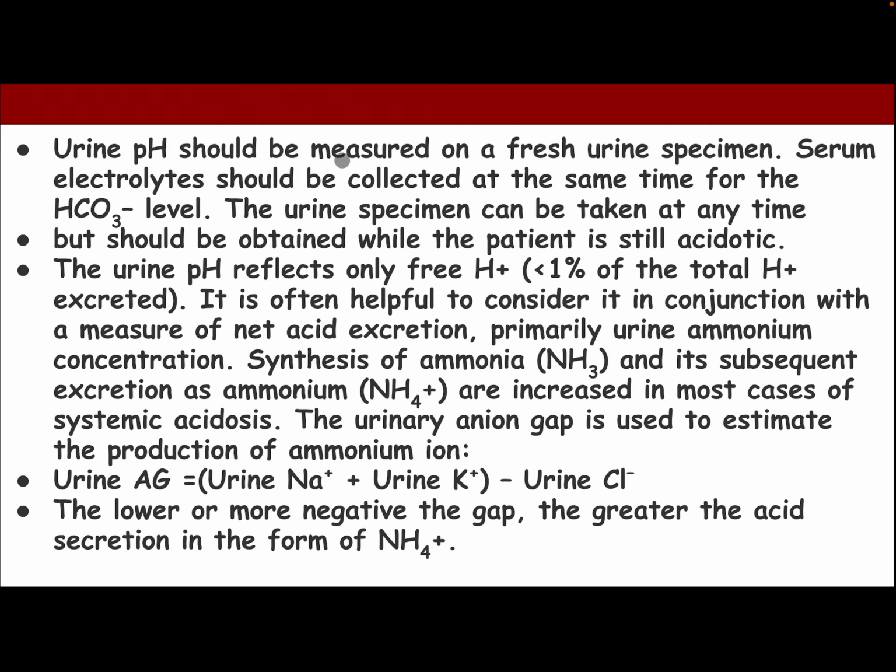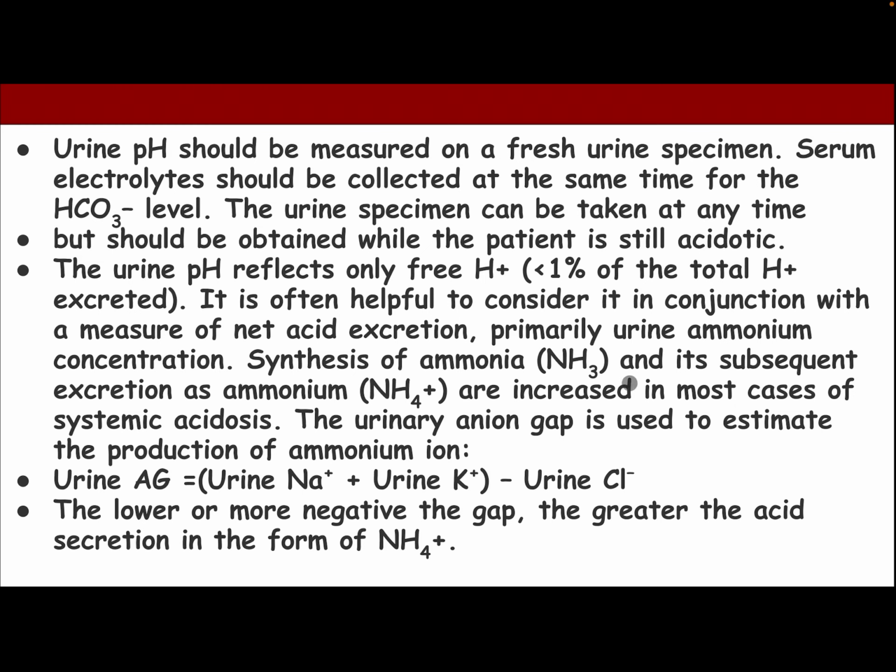Urine pH should be measured on a fresh urine specimen. Serum electrolytes should be collected at the same time for the bicarbonate level. The urine specimen can be taken at any time, but should be obtained while the patient is still acidotic. The urine pH reflects only free hydrogen ion, less than 1% of the total hydrogen ion excreted. It is often helpful to consider it in conjunction with the measure of net acid excretion, primarily urine ammonium concentration,